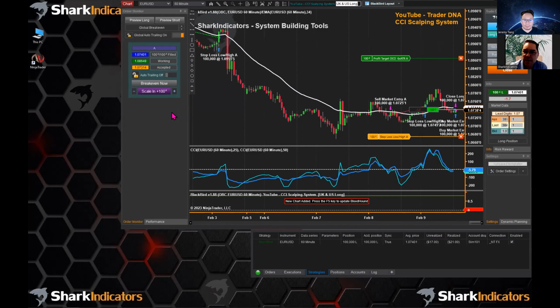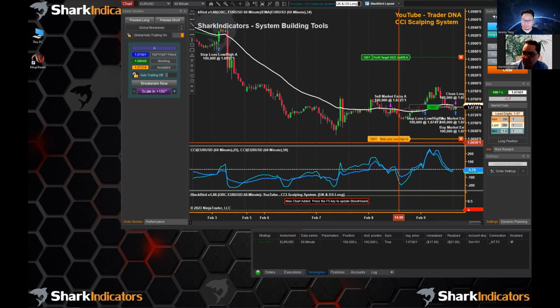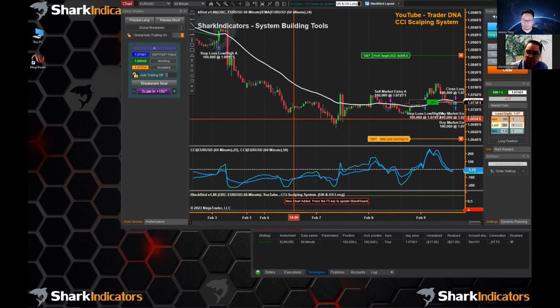So we have these secondary informational panels here. And so this will give you detailed information on the orders here. And since this stop loss has trailing, if I move it, pull it backwards, you can see it turns off the auto trailing. You can see the auto trailing says it's been turned off there.